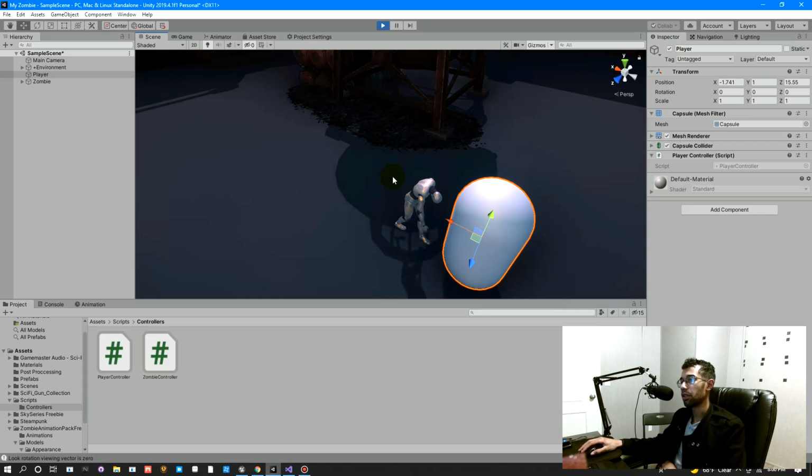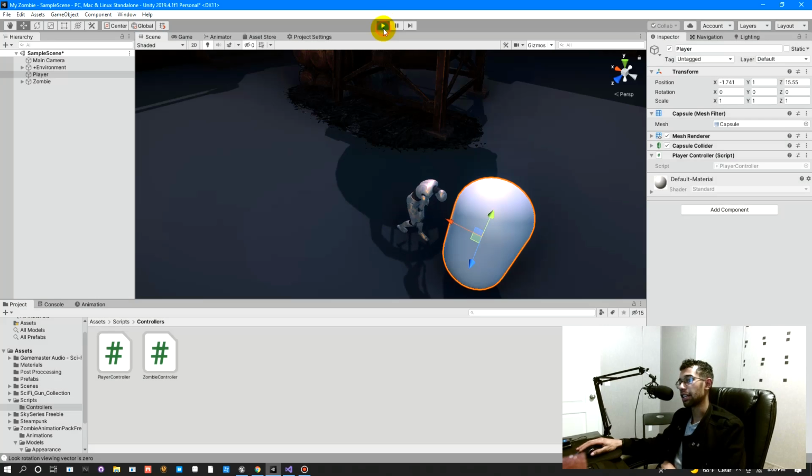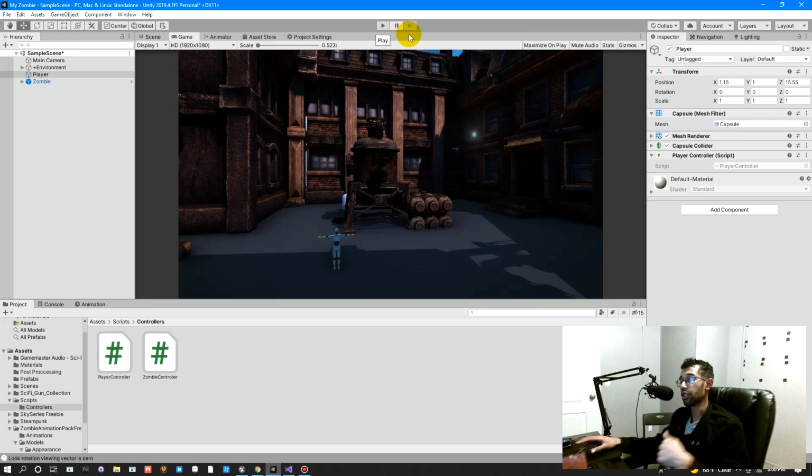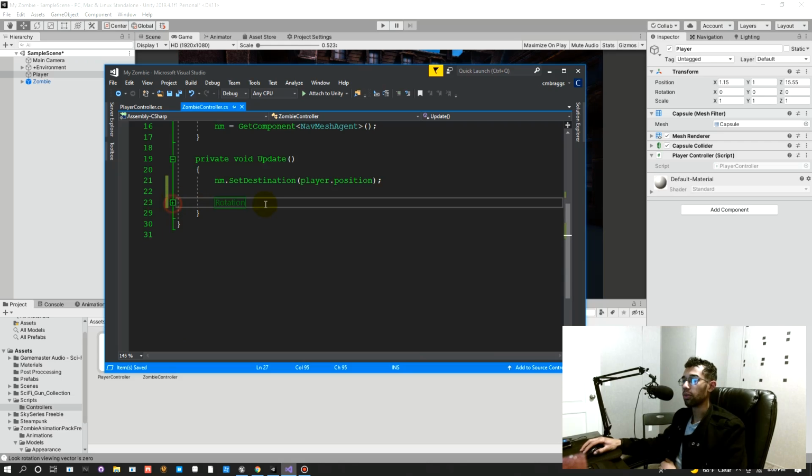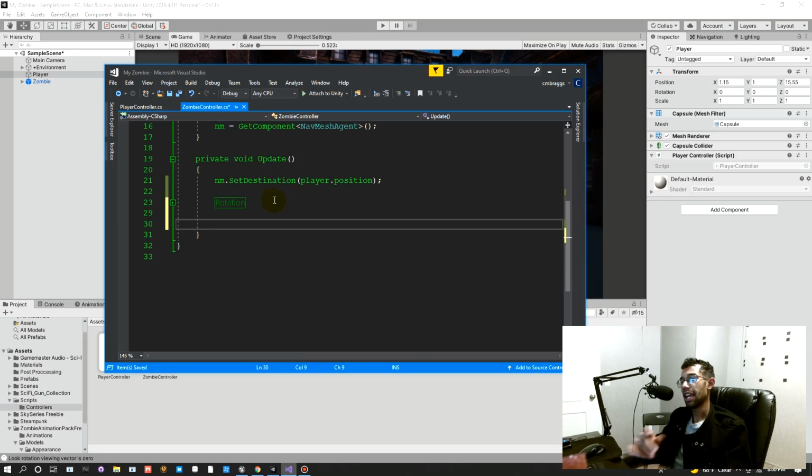So the next thing that we want to do is make sure that the AI starts attacking once they reach a certain distance to our character, right? So we're going to close up the rotation, and right here we're going to simply create a destination checklist, right? Actually, first we're going to create a distance. So we're going to say float dist, which is equal to